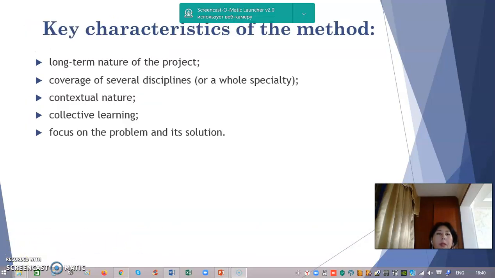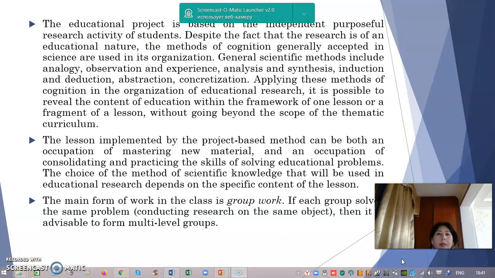Also, we have to distinguish key characteristics of the method: long-term nature of the project, coverage of several disciplines or a whole specialty, contextual nature, collective learning, focus on the problem and its solution. The education project is based on the independent, purposeful research activity of students. Despite the fact that the research is of an educational nature, the methods of cognition generally accepted in science are